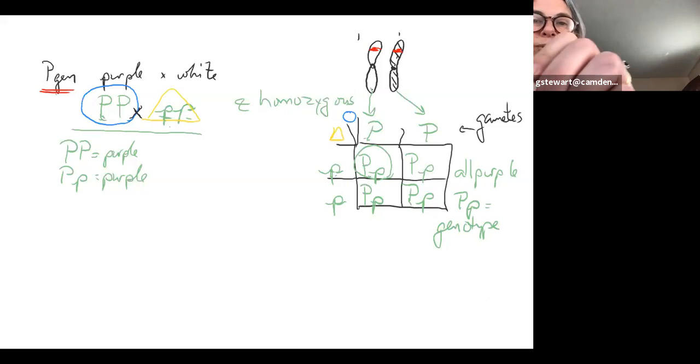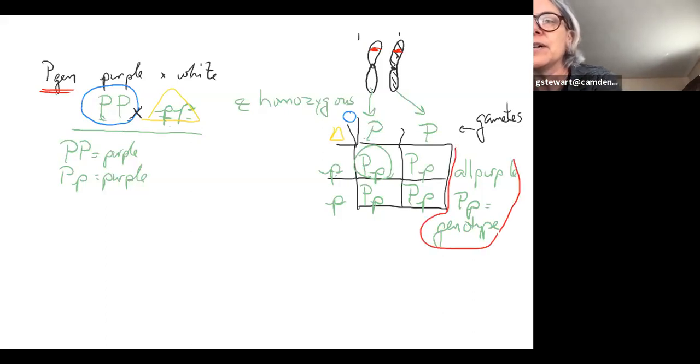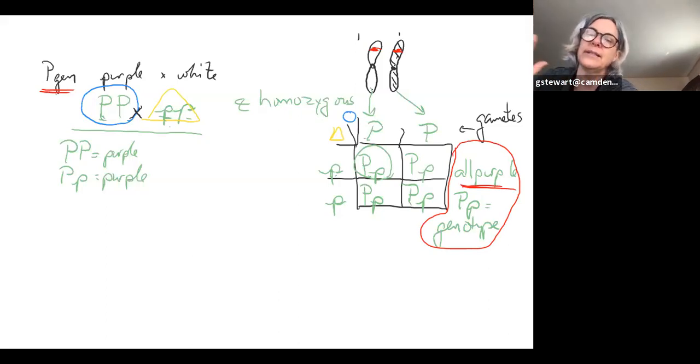Assigning the correct alleles, letters to the alleles, sometimes is also worth a point. Setting up the Punnett Square is worth at least 1 point, 1.5 points, sometimes 2 if it's more complicated. And then this last part is the part that students mostly forget. This part is important because this part is the actual answer to the question, right? So if the question was, what will the F1 generation look like? Or what is the appearance of the F1 generation? The answer is all purple, but you have to show me your work in order to get all the points. Okay, so let's continue.